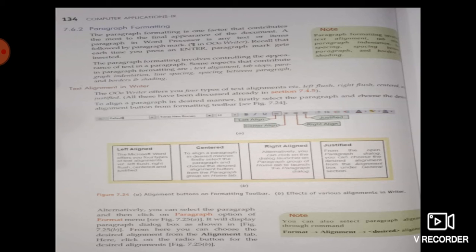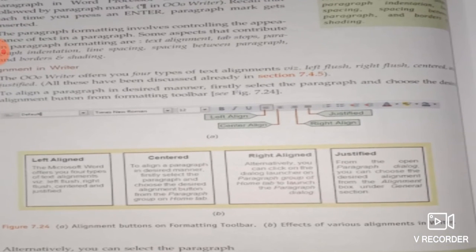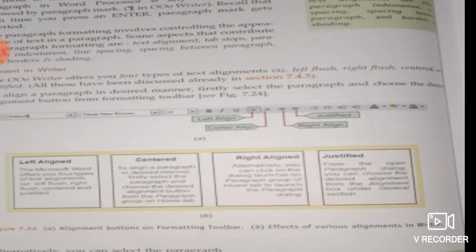See, in centered alignment, the text is evenly spread to the left and right from the center. Your line will start leaving the same space on the left and right side of the page. And in right alignment, you will find your text will look like this. All the lines end at the same position, and the starting position from the left